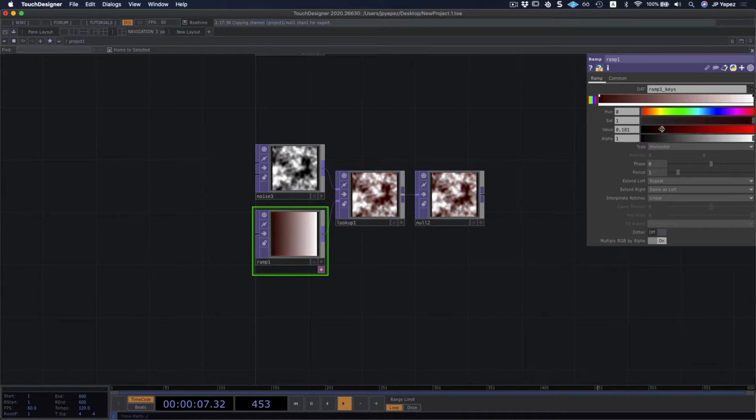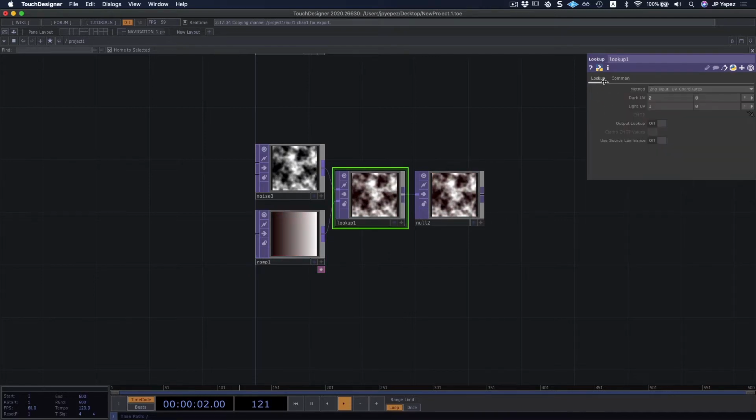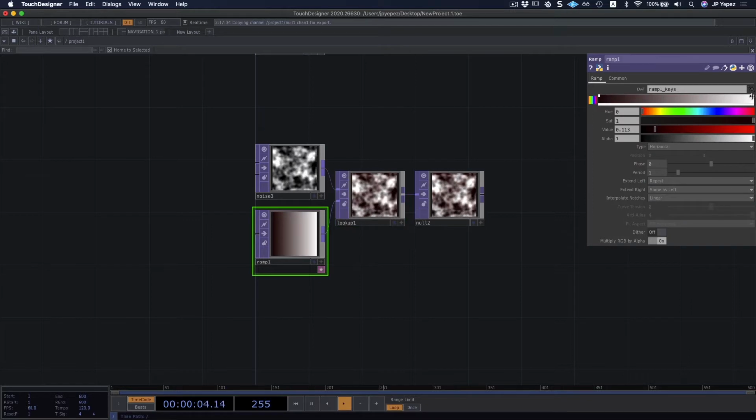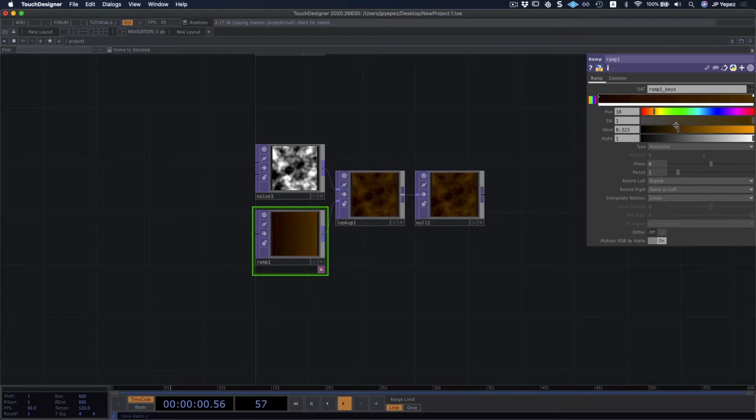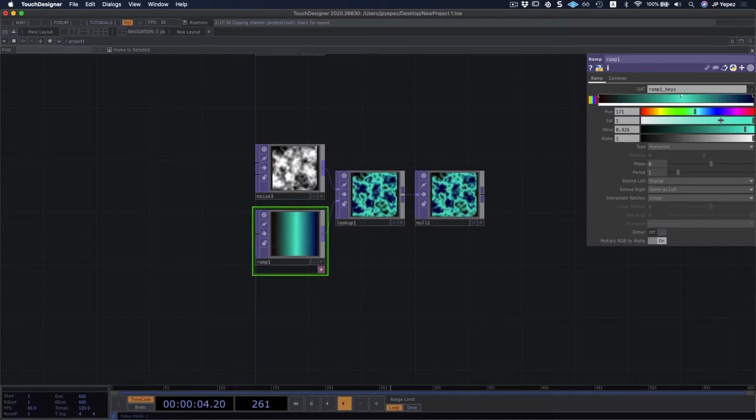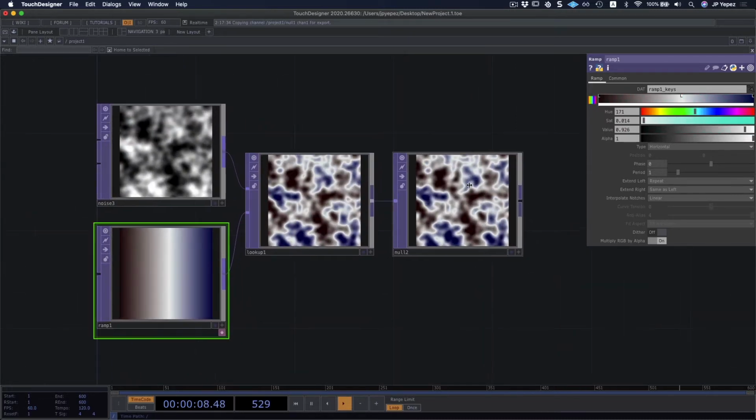Maybe something like this, saturated, kind of dark. And we're gonna add a second color. Let's also make it a dark one, but we're gonna go to the opposite end, and we're gonna add a light color in the middle, which approaches white.